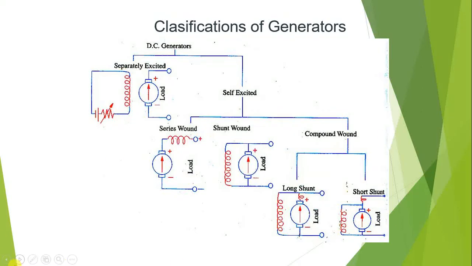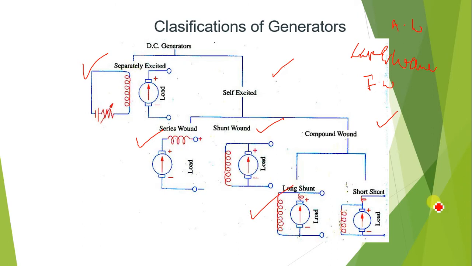Types of DC generators based on their field winding and armature winding. Based on armature winding, we have lap and wave. Based on field winding, we have different classifications: separately excited and self-excited. In self-excited we have some more classifications: series, shunt and compound, and in compound we have another classification: long shunt and short